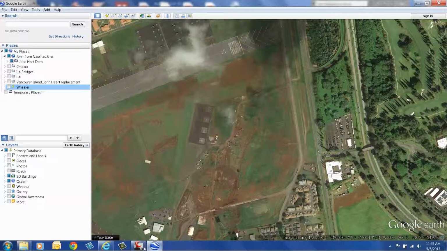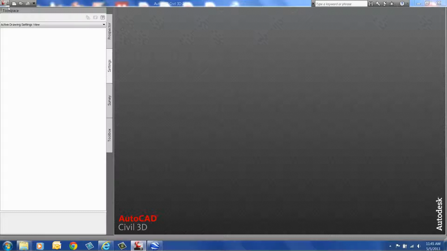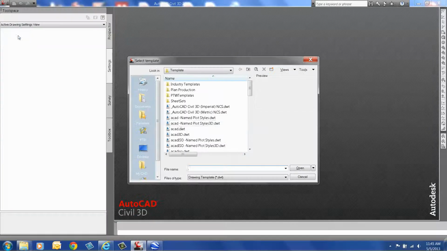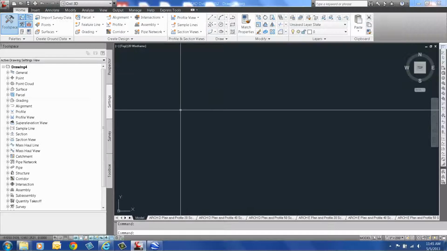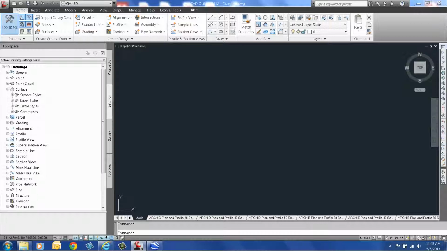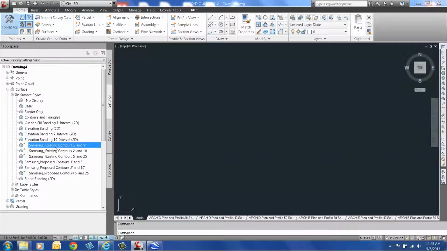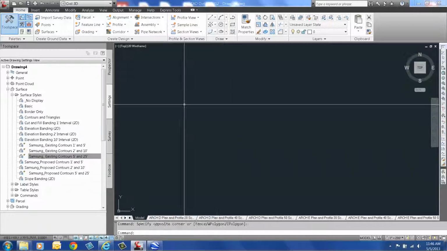So once you have the location, you go back to AutoCAD Civil 3D, and here we're going to use one of our Samsung templates that I'm using on my C drive temporarily because I'm having problems with the FTP remote share drive. So here I'm just going to pick a simple Samsung plan and profile template, and once I have opened the template, you can go down over here and you can see the existing surfaces we have here. We have 1 to 5 feet, 2 to 10 feet, 5 to 25 feet. These are the existing contours that are ready for the